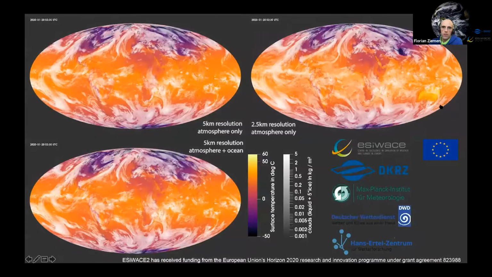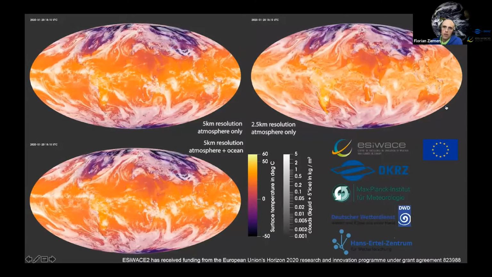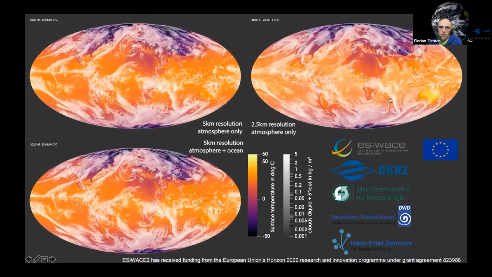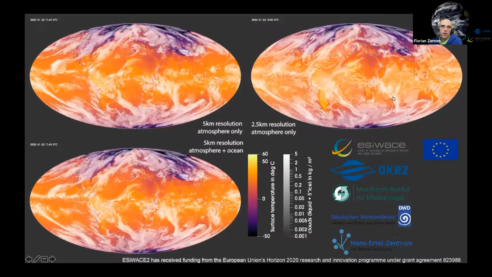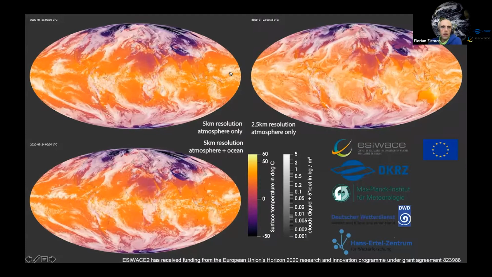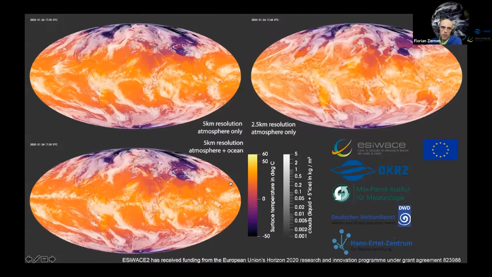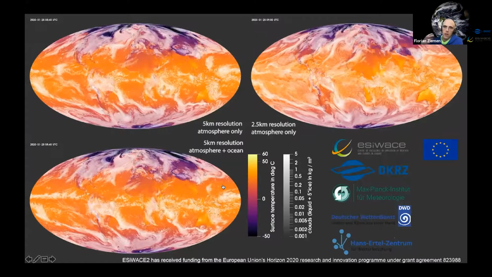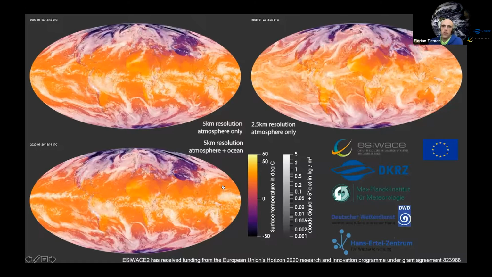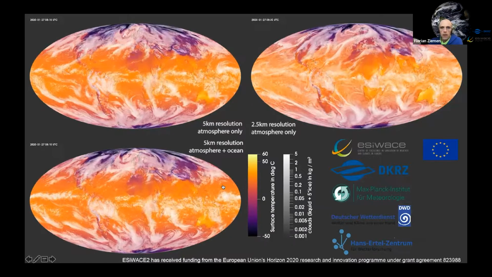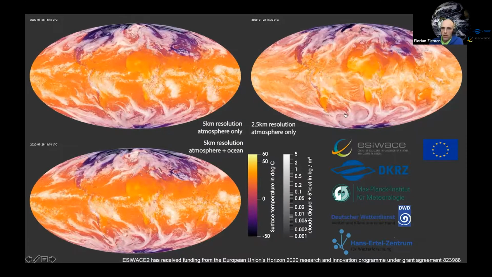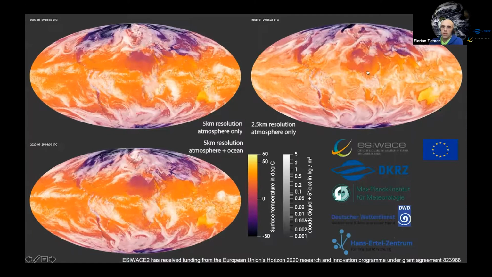This is from the DYAMOND intercomparison, where we took the model of the German Weather Service. The German Weather Service and we for climate modeling both use ICON, just in different setups. So we took their 2.5 kilometer setup for the atmosphere and our 5 kilometer setup for the atmosphere coupled to the ocean, and we ran them all for the same setting for the DYAMOND intercomparison, and used just a comparison of the fields that they produce. And you can really see how these storm systems are migrating here along the Antarctic Circumpolar Current,